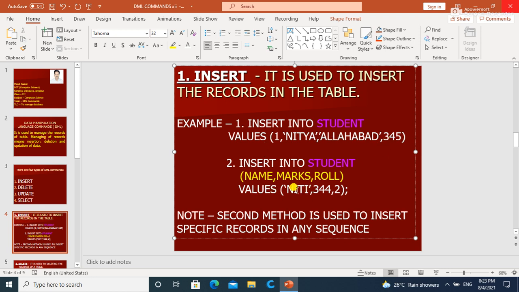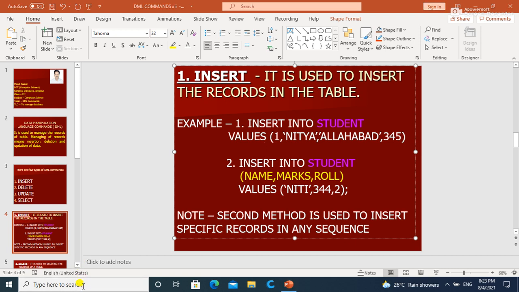But in second method only there are three values: first, second, and third. But in this second method we have to mention the name of columns, and according to the number of columns which you have mentioned, the values should be entered.